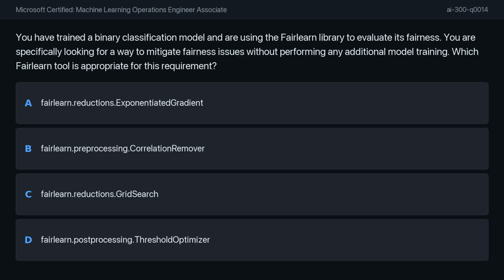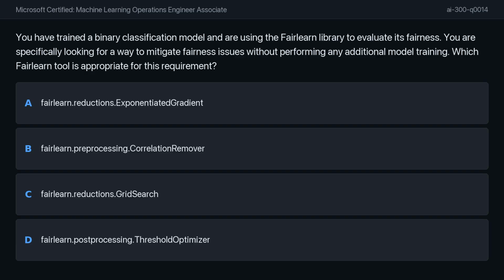The options are Option A, Fairlearn.reductions.exponentiated gradient. Option B, Fairlearn.preprocessing.correlation remover. Option C, Fairlearn.reductions.grid-search. Option D, Fairlearn.postprocessing.threshold optimizer. If you've identified a biased model produced by feature A, the appropriate strategy for reducing performance bias without